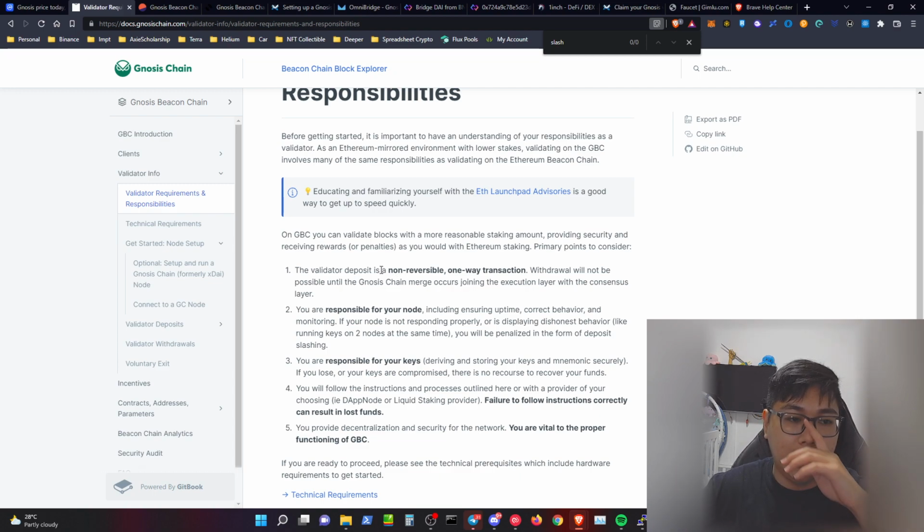So over here, the validator itself, you have to understand, once you send your one GNO over, it is going to be locked up there, and after that, until the official announcement of, okay, you can claim your GNO token, and after that you can just close down your validator. It is up to you to do that, but of course running it itself is incentivizing you. So for the rewards that you generated as well, it's the same thing. You are unable to claim it until the official announcement says that, okay, we can basically start letting people withdraw their rewards onto the chain and everything. So everything will be done.